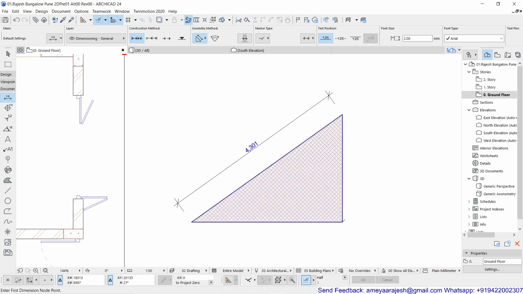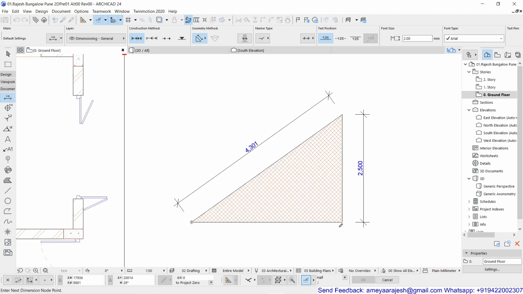In the same way, if I pick this and this, there is no need of the dimension wheel. The reason is that these are two exactly vertical points. So there is no dimension wheel, though you are working inside the geometry method as any direction. You should always remember that only if your pick points are not in a linear format will the wheel appear. Otherwise it is not going to be so.